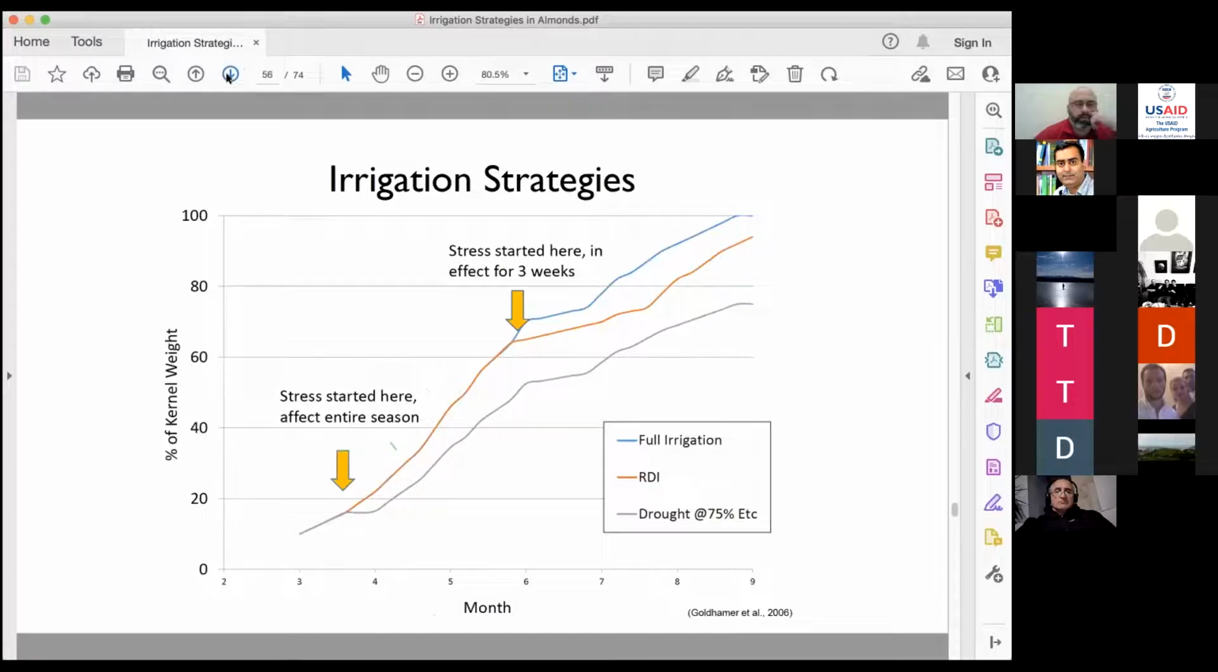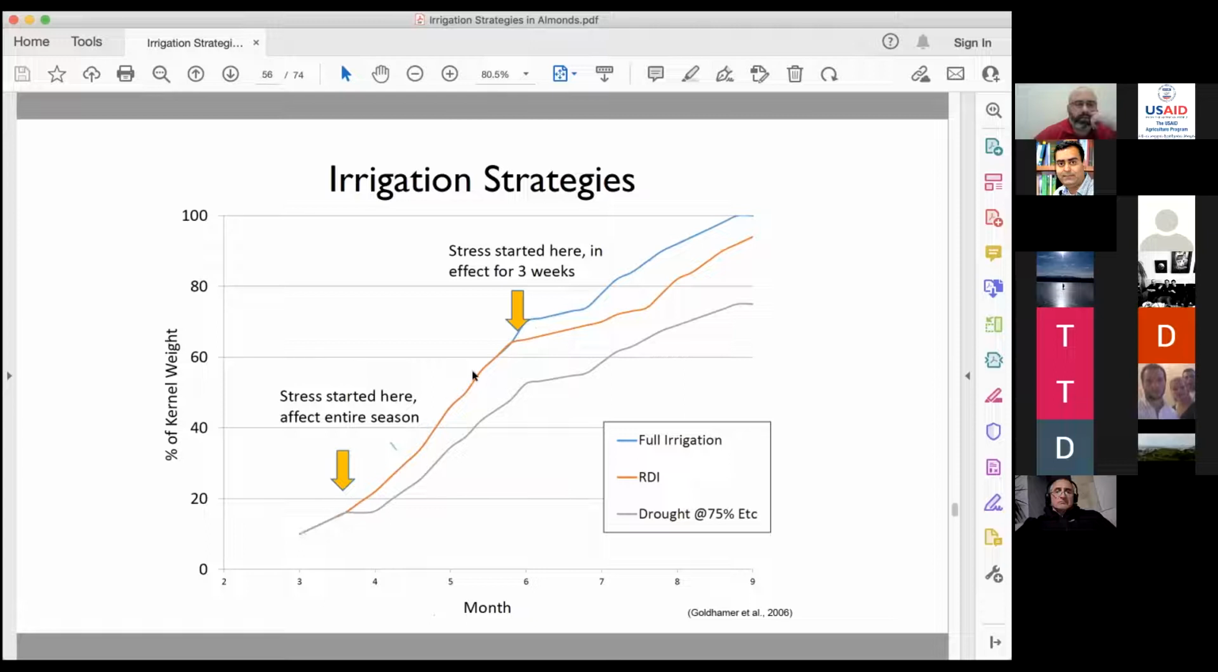Here is another irrigation strategies or production function in almonds done by the university. Here there were 3 scenarios. One, the blue line was full irrigation throughout the season. The red, the peach colored line is the regulated deficit irrigation, which means that the trees were irrigated at full